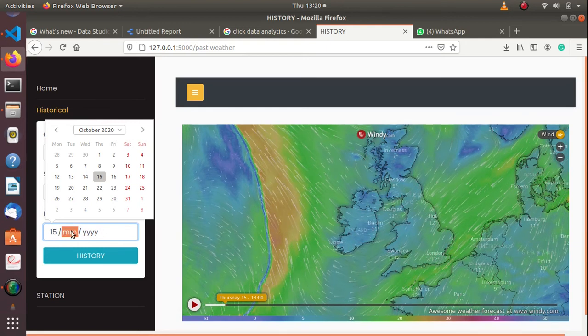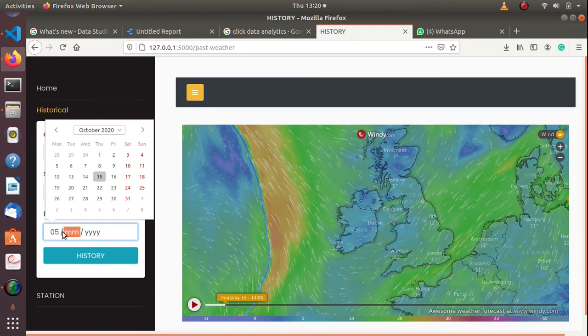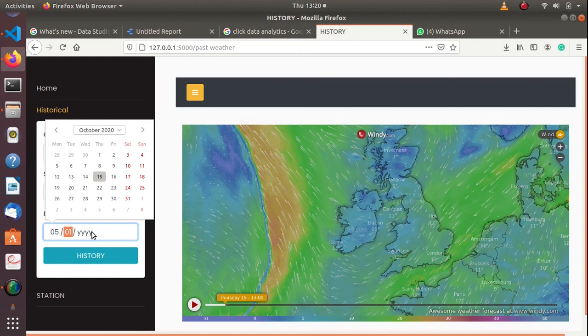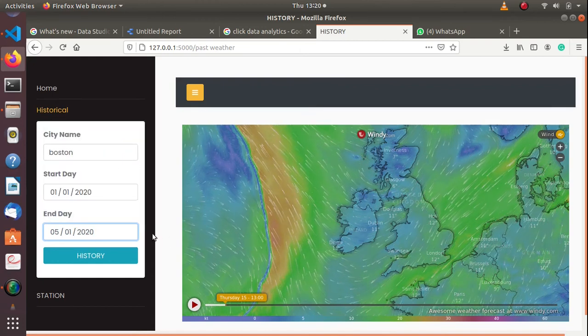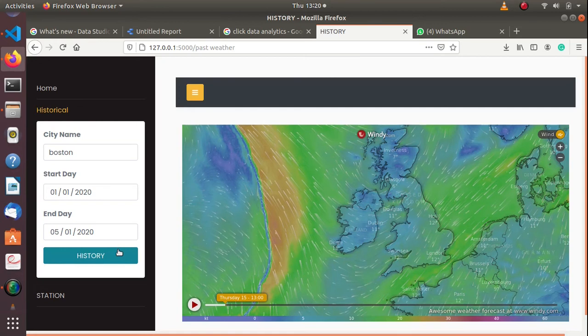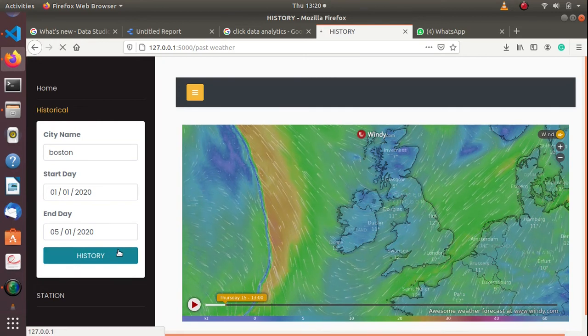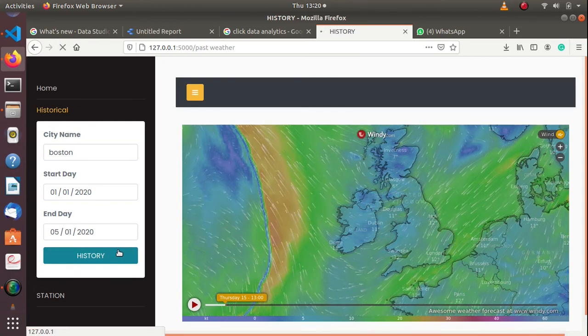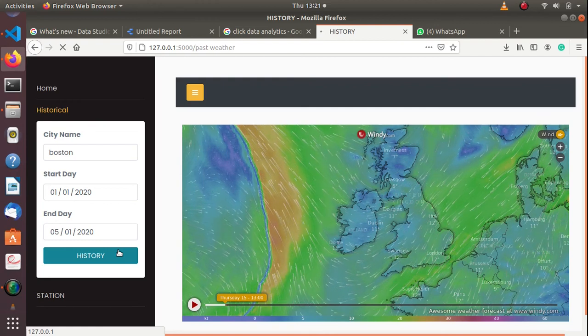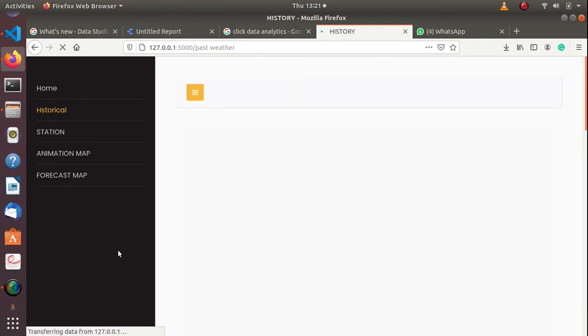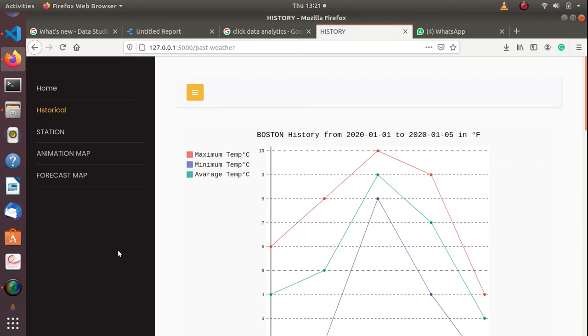Let me check everything is corresponding. Okay, let's see the temperature range starting from the 1st of January to the 5th of January, and you can now see how the temperature has changed.